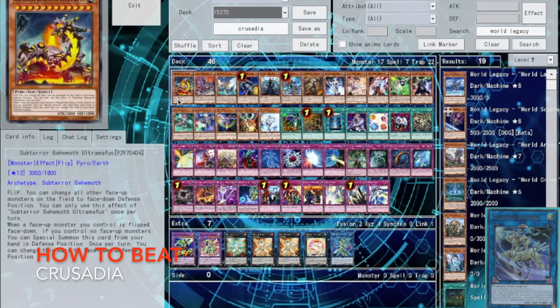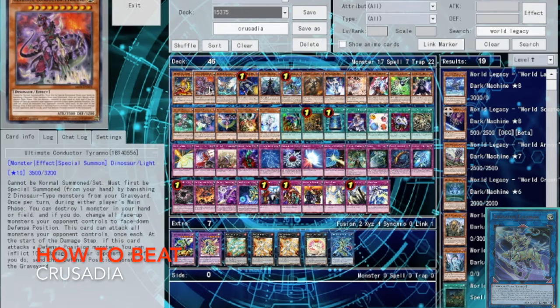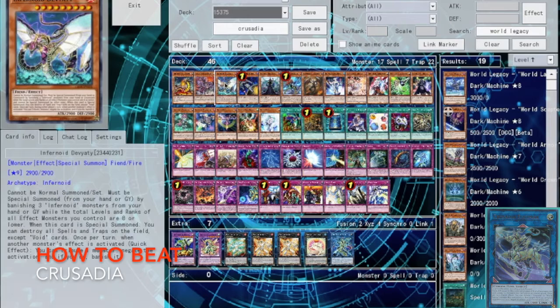Also, if you allow the initial special summon of the first link monster, and they special summon something else, if you flip it face down, they're locked in. So cards such as Ultramophis are really great. You can flip all face-up monsters on the field to face-down defense position. Ultimate Conductor Tyranno, great. Deviati works really well if you're playing Infernoid because you can negate the activation of a monster effect,